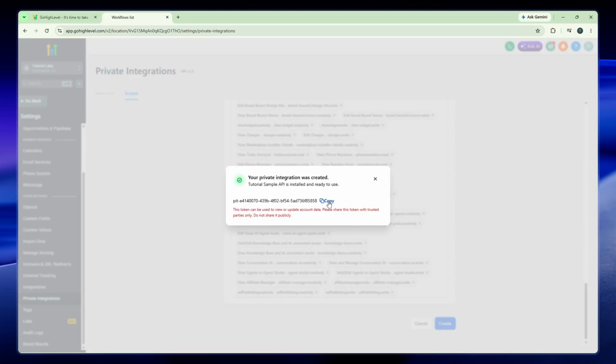You've successfully generated and copied your GoHighLevel API key, giving you the ability to integrate GoHighLevel with external tools and